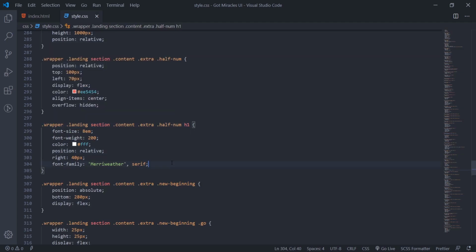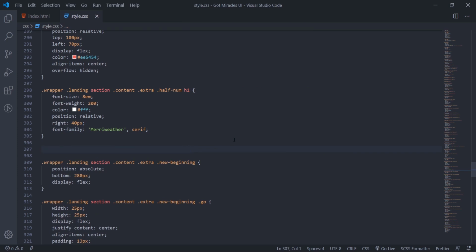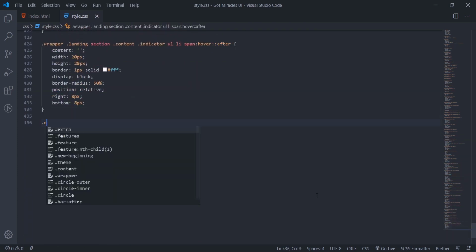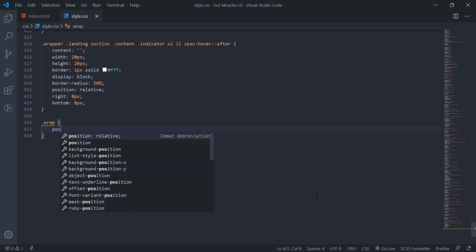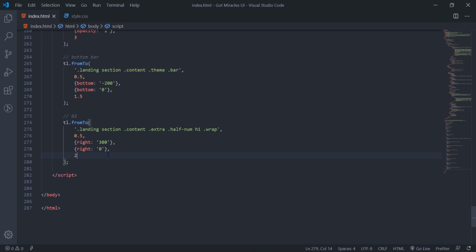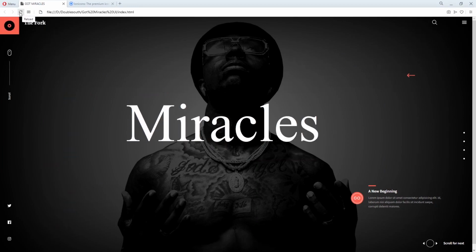So we'll not target wrap, I might just target them here. If you just give it in general, anywhere you see dot wrap, we set position to relative. So automatically we get position for this place now. So if we refresh now, it should work.